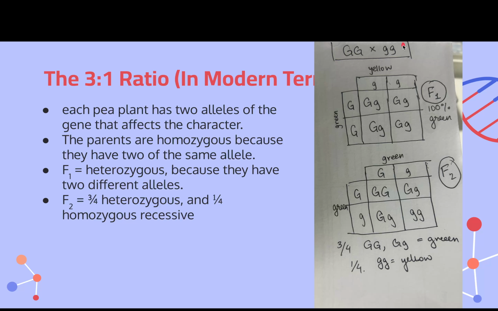For it to be yellow, it had to be homozygous recessive, but for it to be green, it could have been either heterozygous or homozygous dominant. Based on the cross, we figured out that it's homozygous dominant. So, based on this cross, you can see F1 is all heterozygous children. Obviously, since we're crossing one homozygous dominant and one homozygous recessive together, you're going to always result in 100% heterozygous, 100% dominant allele showing or phenotype